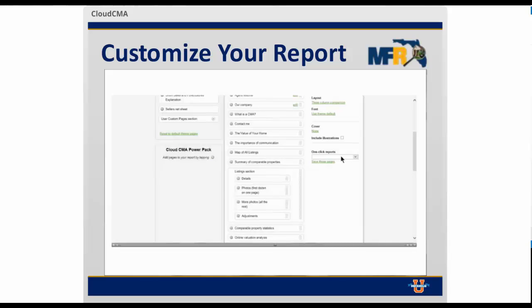When I'm working with a buyer, I do not want a net sheet in there. When I'm working with an existing client, I might not want my resume in there. However, if I'm working with a prospective client, I do. So I can put together all sorts of custom reports, and under one-click reports, I can say, add a new